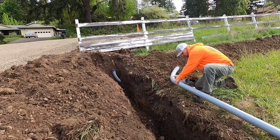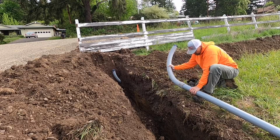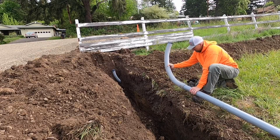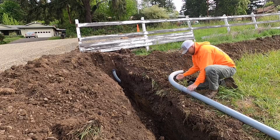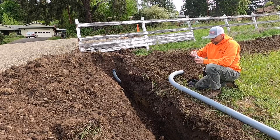When I shove these in, you can't wait too long. I like to slide it in and give it a quarter turn. Okay. I'll let that set up for a minute, and I'm going to start gluing the rest of these together,